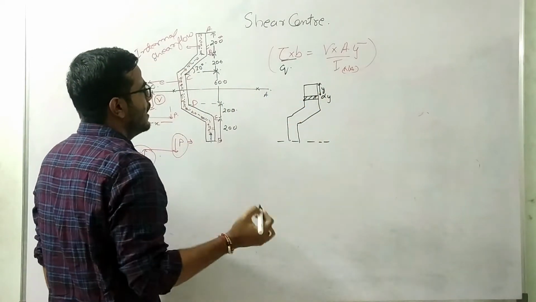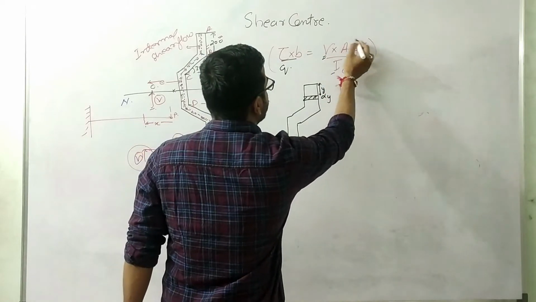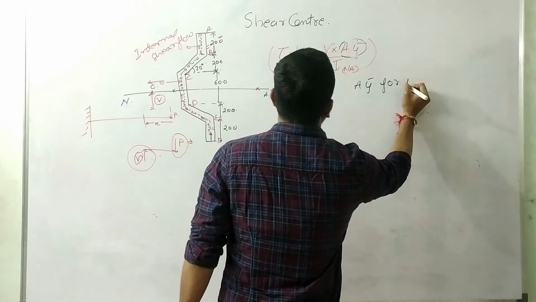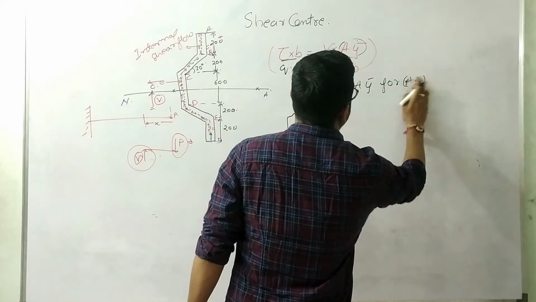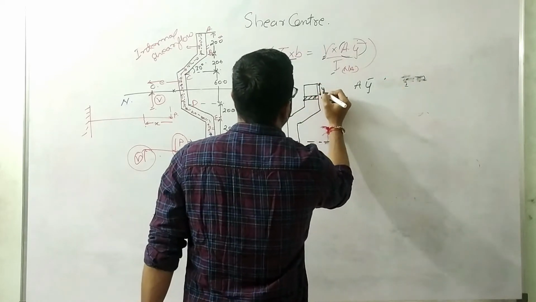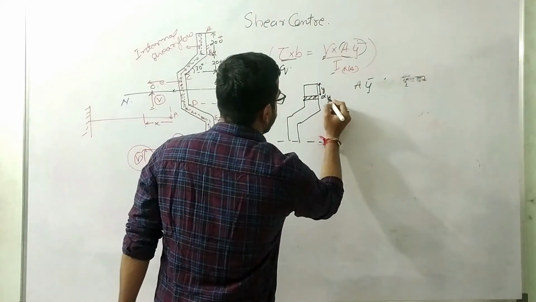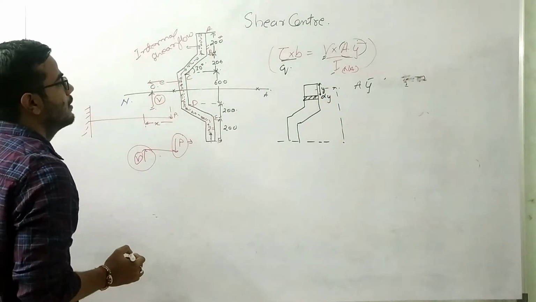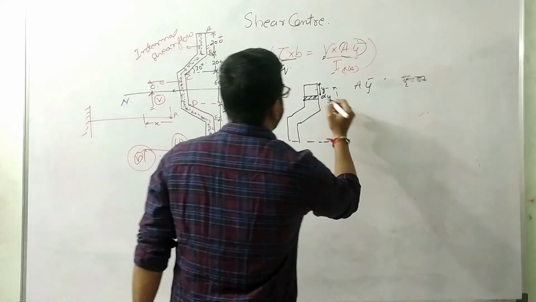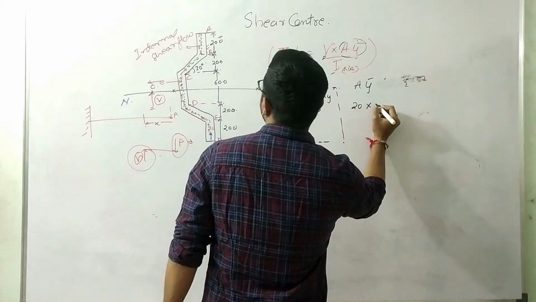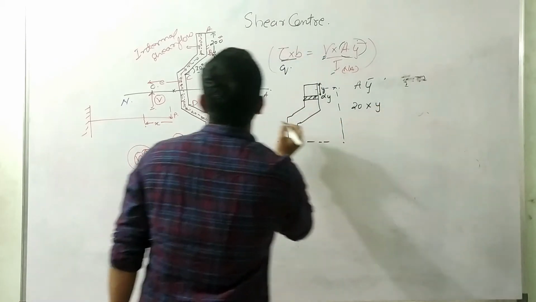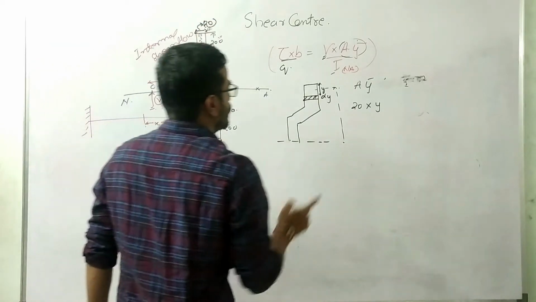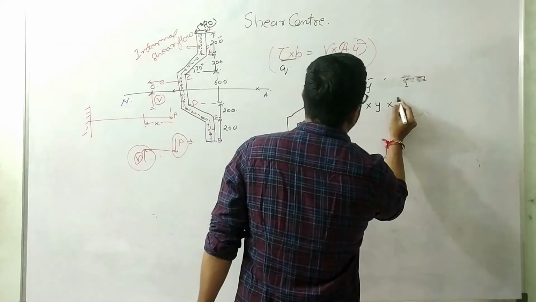So what will be my AY bar? I will be constant, B will be constant. I need to calculate AY bar. So AY bar for the AB segment, for this portion from the neutral axis, will be what? First, what will be the area? It will be 20 into y. The thickness of this cross section, this portion, is 20 mm. So 20 into y will be the area, and what will be the y bar? That is the important thing.